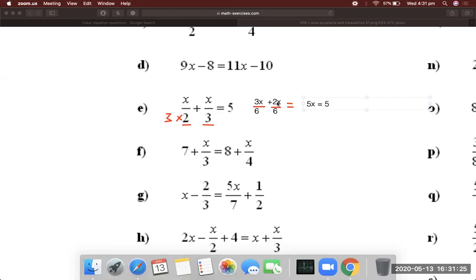Because that 6 here, for example in 5x over 6, is the same as me saying 5x multiplied by 1 over 6. So this part says 5x over 6, which is 5x times 1/6. And when you multiply this by 6,